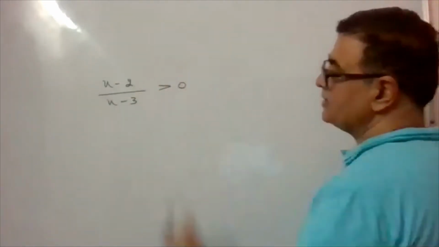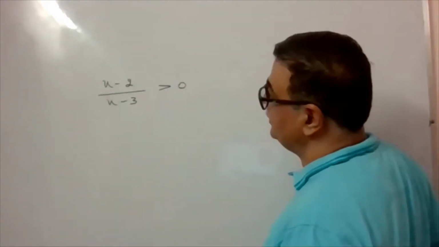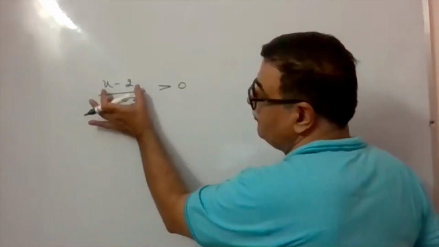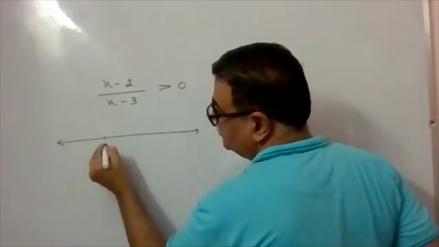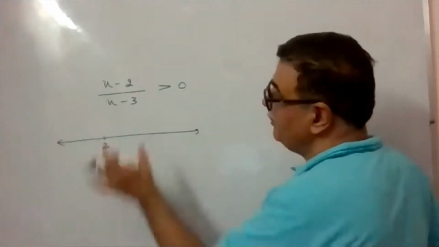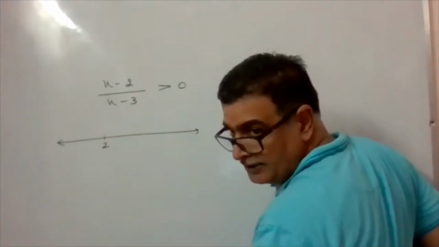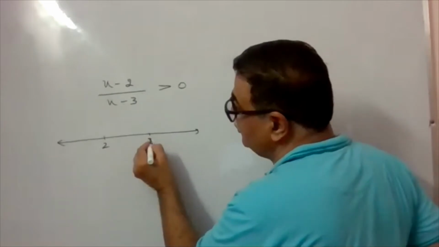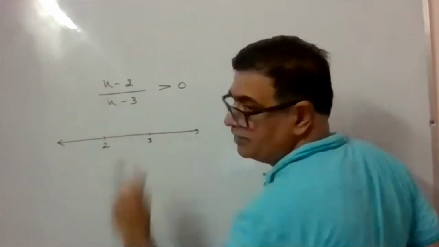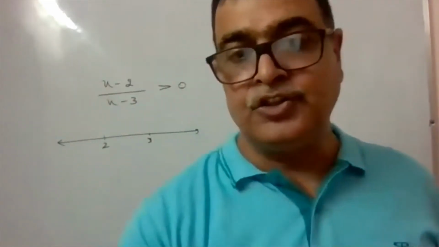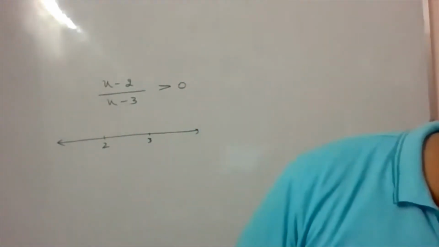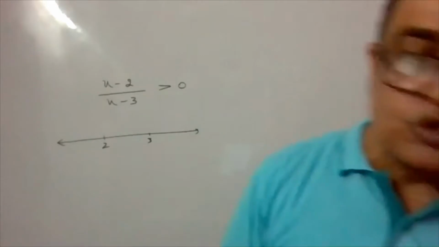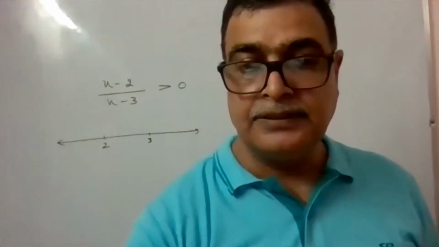When you have (x minus 2)/(x minus 3) greater than 0, first check where it can be 0: at 2, right? Where this factor can be 0: at 3. Means one is going to change its value at 2, another is going to change its value at 3. So here in this case,